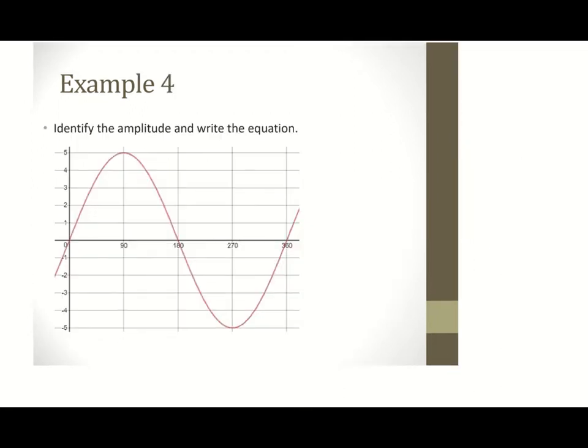Moving on to example 4, we are now going to be given a graph and asked to write an equation. So we talked about that our possible equations right now, based on what we know, are our amplitude times sine of x, or it could possibly be our amplitude times cosine of x. So we have to identify what type of function it is, sine or cosine,